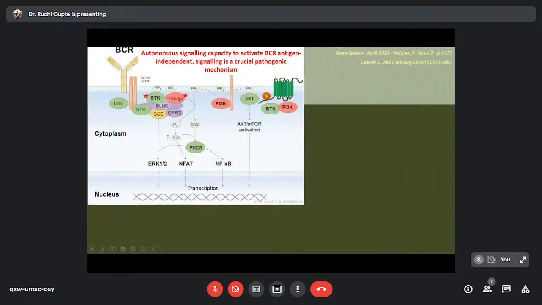So the B cell receptor normally should undergo activation when it interacts with an antigen. But what happens in CLL is that there is an autonomous signaling capacity, because of which the BCR gets activated independent of the presence or absence of an antigen, and this signaling is a crucial pathogenetic mechanism for